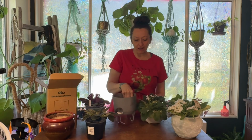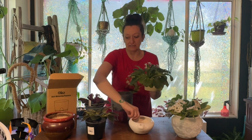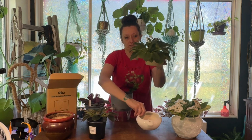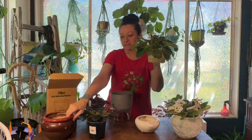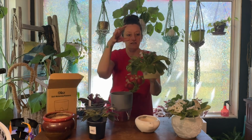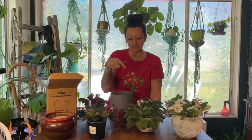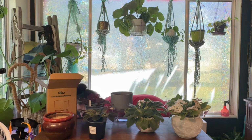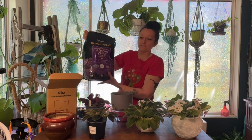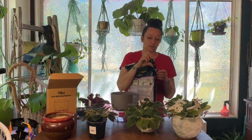All right, so I do have this traditional African violet pot, and it's not as big as the other one. You can see how much more shallow it is compared. So I'm going to take this guy out and put it in here, and we'll put one of these smaller ones in this container. So I do have the African violet potting mix. I'm going to use